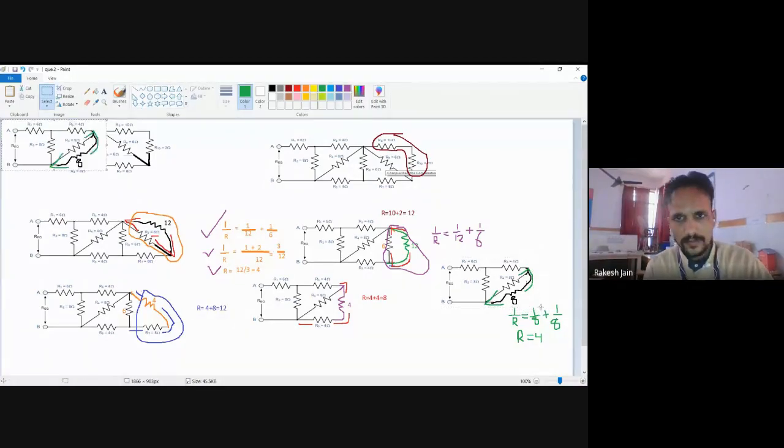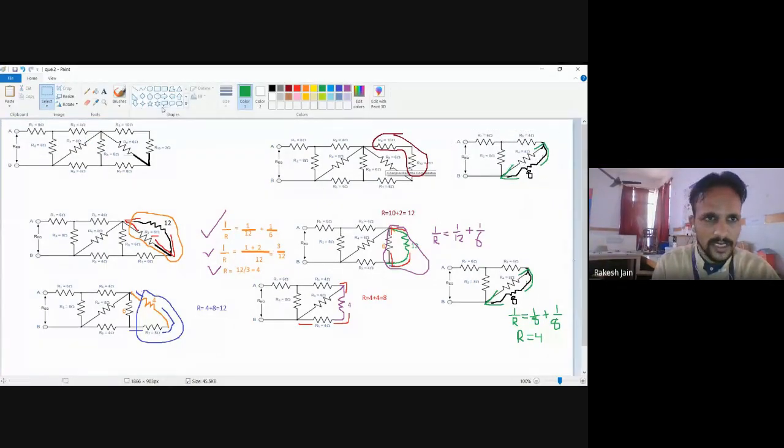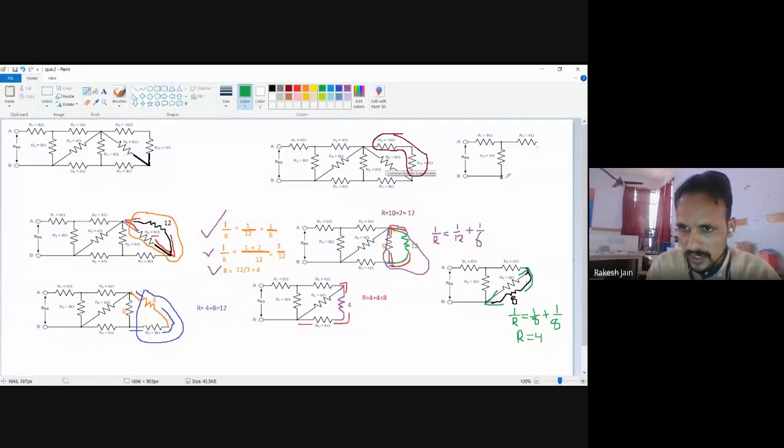Now see, here, these two resistances will be completely removed. Kindly wait and mute your mobile. After 2 minutes, this question will be complete and I will take any queries. So now see this 4 ohm: these two resistances will be removed and only a single resistance will remain, whose value is 4 ohm. Now it is very simple to find the answer.